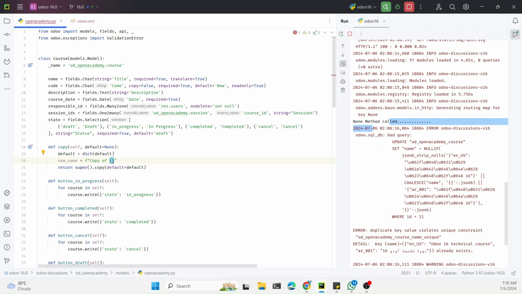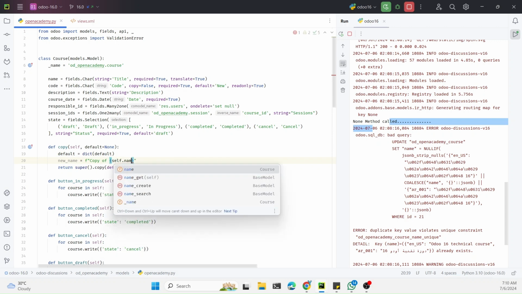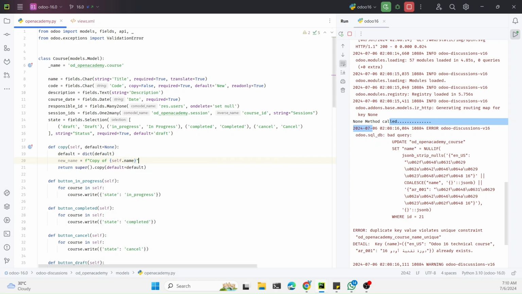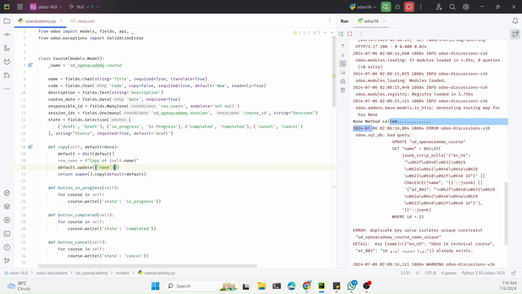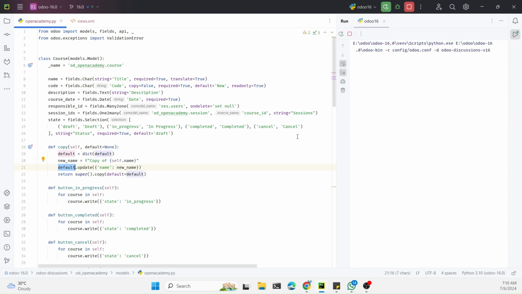We can say "copy of" plus the default name, like this. Then we need to update the default. So inside the default, we need to update it like this: name equal to new name. As this default is already passed to the ORM with a super call, we can just restart it